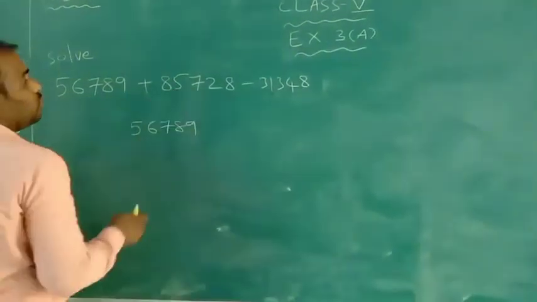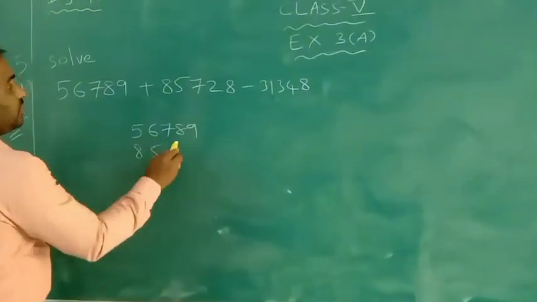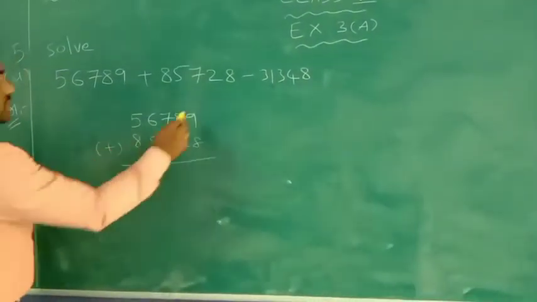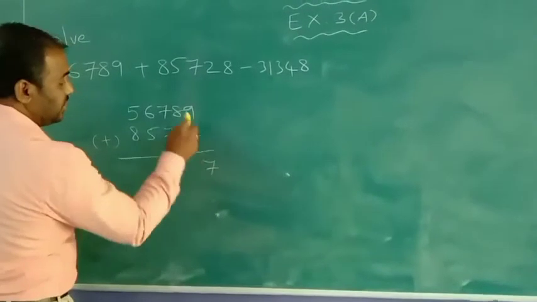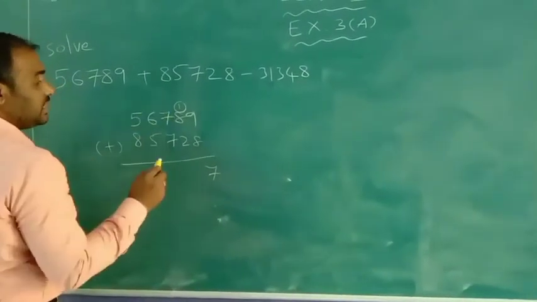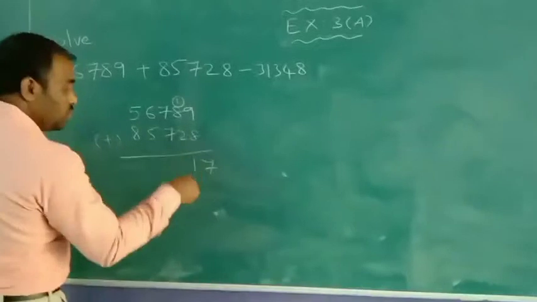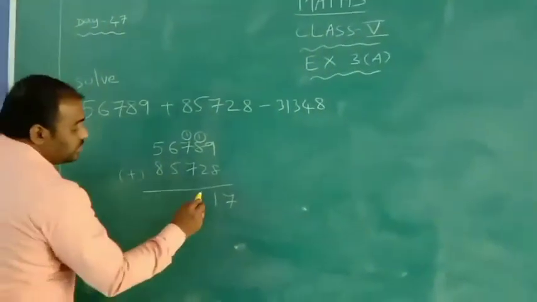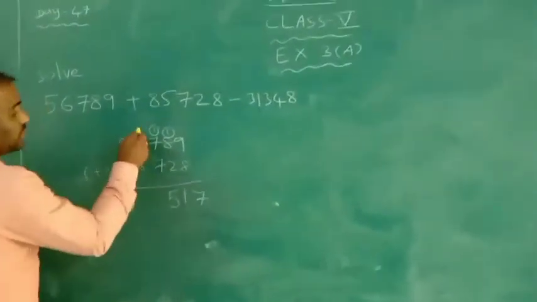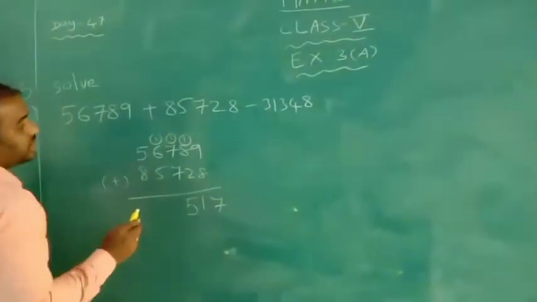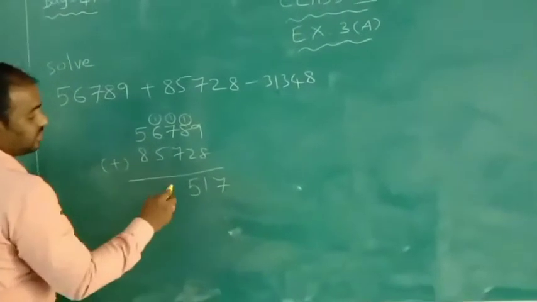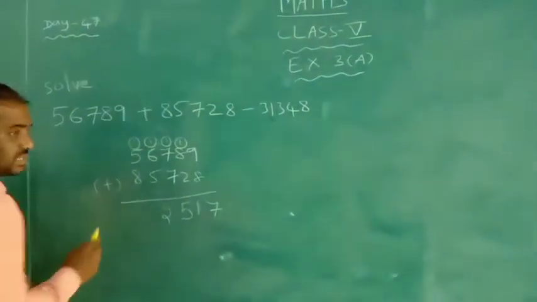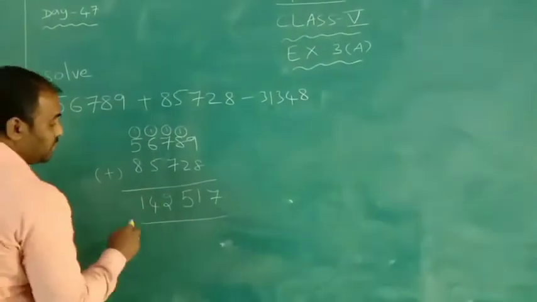See here, 56,789. Here also a 5-digit number, 85,728. And see, 9 plus 8, 17, 1 carry. 1 plus 8, 9. 9 plus 2, 11, 1 carry. 1 plus 7, 8. 8 plus 7, 15, 1 carry. 1 plus 5, 1 plus 6, 7. 7 plus 5, 12, 1 carry. 1 plus 5, 6. 6 plus 8, 14. Next,